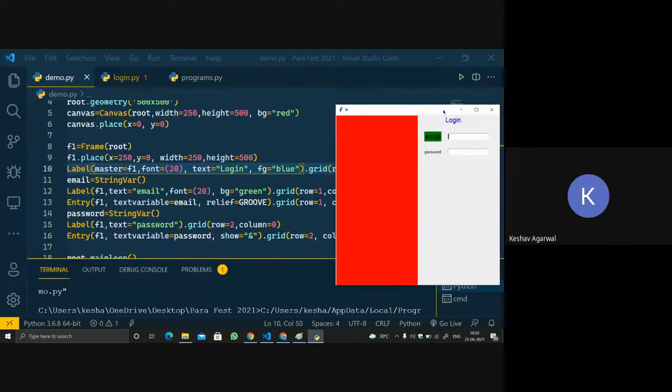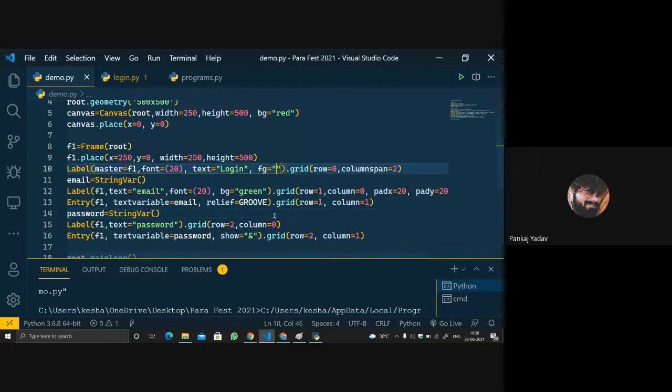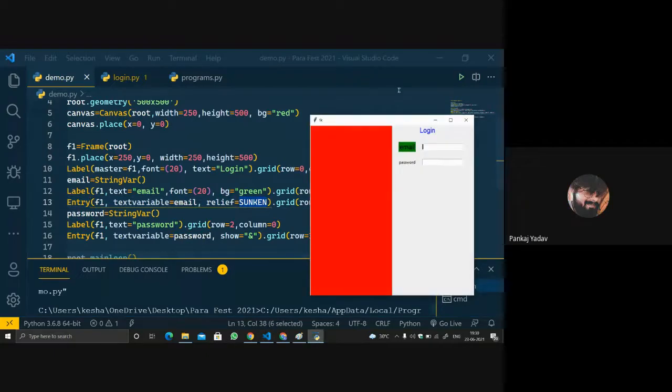Hello, Pankaj. Yes, this also changed to groove. Actually, I'm not getting how this pattern is. It's like neither raised nor sunken.